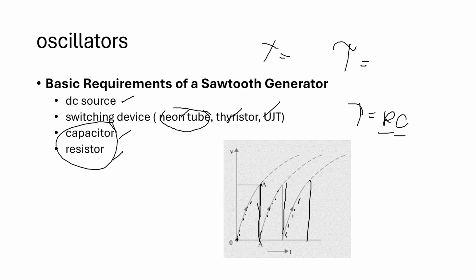Okay, so for periods of time greater than the time constant, the rising portion of the characteristic is no longer a straight line and hence cannot be utilized. So the frequency of the wave is given by the reciprocal of your time constant, which elapses between your two waves. So the frequency is equivalent to 1 over the time constant.